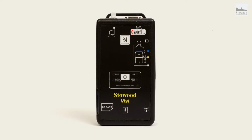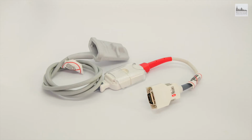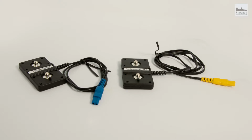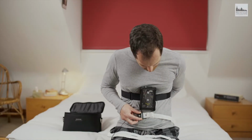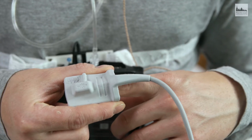This includes the device, a Velcro belt, a microphone, a nasal cannula, an oximeter probe, and spiral wrap and Velcro cable ties, respiratory bands, abdomen and thorax sensors. If you notice that your device looks a little bit different to the one in the video, or notice any extra cables, don't worry. We have 3 different models of our sleep recorder, and some of them have a few extra steps. In this video, we will show you exactly the steps and parts needed to set up your specific